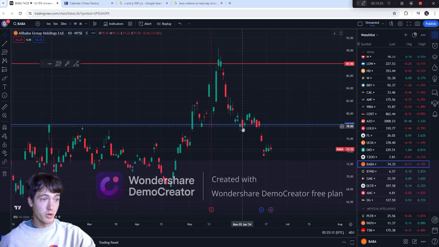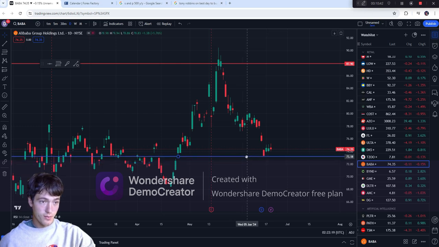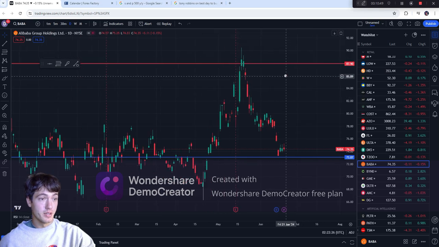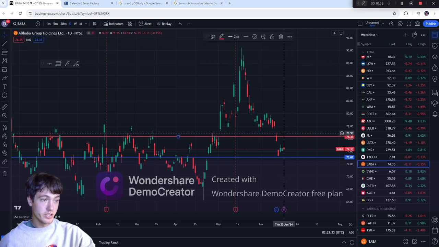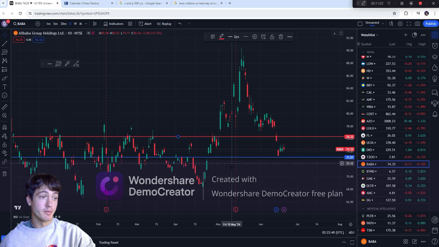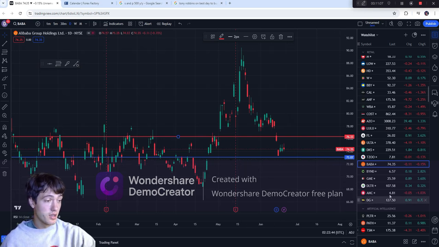Baba is breaking that support, so let's go. We have a new support on Baba right here at $73. Just watch that as support on Baba, and then I'm going to bring up resistance over here to 76.30. So just watch that. Baba could go up, hit that resistance, and then come back down again, and then just trade sideways like it does at times. And if we break that support, we're obviously going to head down again. So that's what I see on Baba.